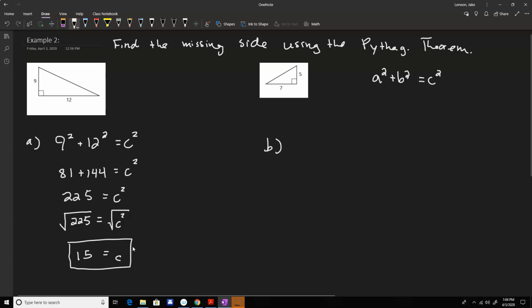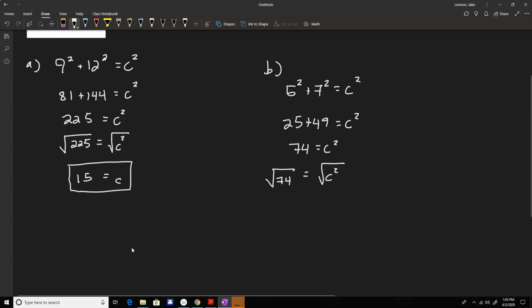B, we have same sort of construction, 5 squared plus 7 squared equals c squared. So we have 25 plus 49 equals c squared. So this comes out to 74 is equal to c squared. So when you take the square root, this one doesn't come out quite as nicely as example A. The real answer would be c is equal to the square root of 74,